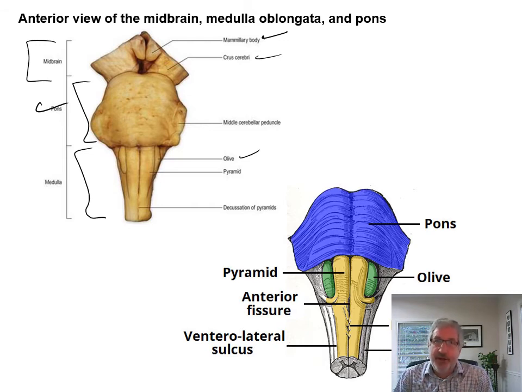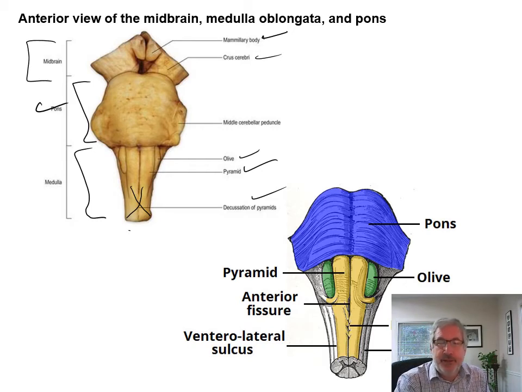So if you're outside the brain, a collection of neuron cell bodies is called a ganglion, and a collection of neuron cell bodies inside the brain is called a nucleus, and they're called nuclei because there are multiple of them. Then you have a pyramid, those are tracts, and then you have what's called a decussation of the pyramids. You can kind of see a little bit in there, so what happens is the fibers cross over here. And crossing over is called a decussation.